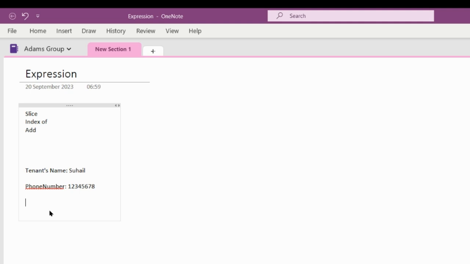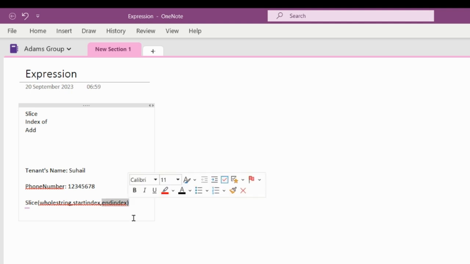So to do that, slice function requires three parameters. The whole string is the first parameter. So, the whole string from which the slicing or the substring has to be extracted from. And then the second parameter is the position where the substring should start. So it's the start index. End index, we have to specify where it ends, one character before the end index that you supply. So now that that's out of the way,